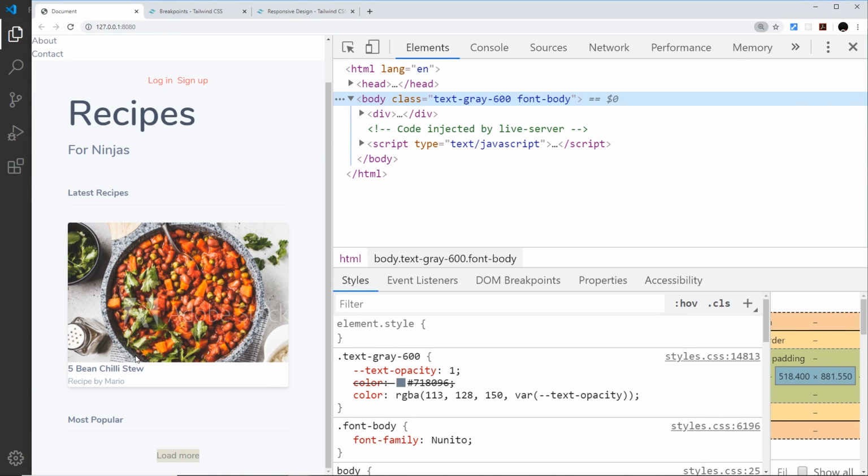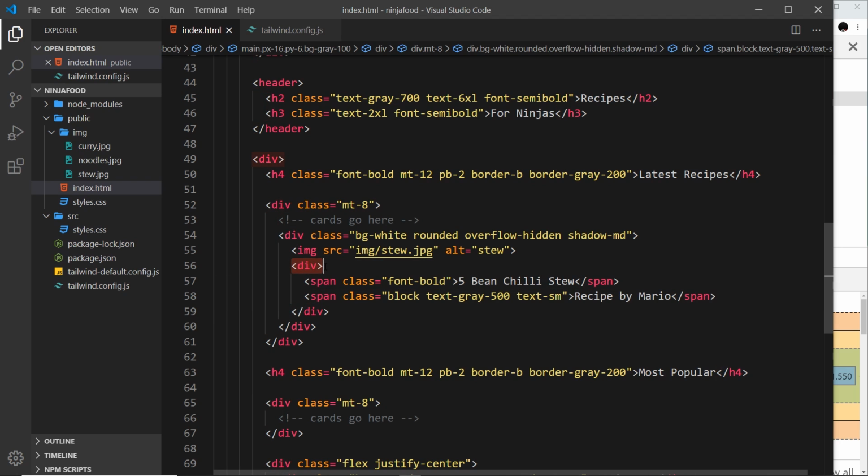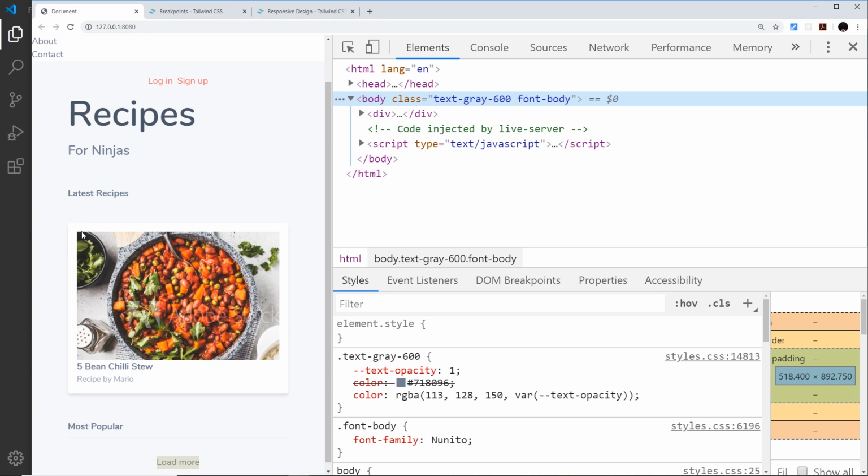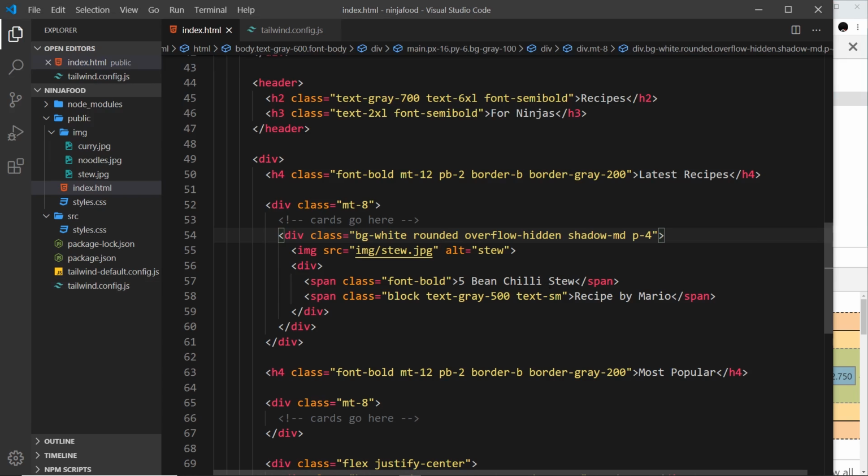Awesome. So, I also want to give this a bit of padding around here. Now, instead of padding, what we could do is take this div and apply margin to it. Now, I'm not going to apply padding to the card itself, and I'll show you why. If I say P4 all the way around and save it, then we're going to get padding around the image as well, and I want the image to go right up to the edge, so I don't want that to happen. So let me take it off here, and instead I'm just going to apply margin to the div which